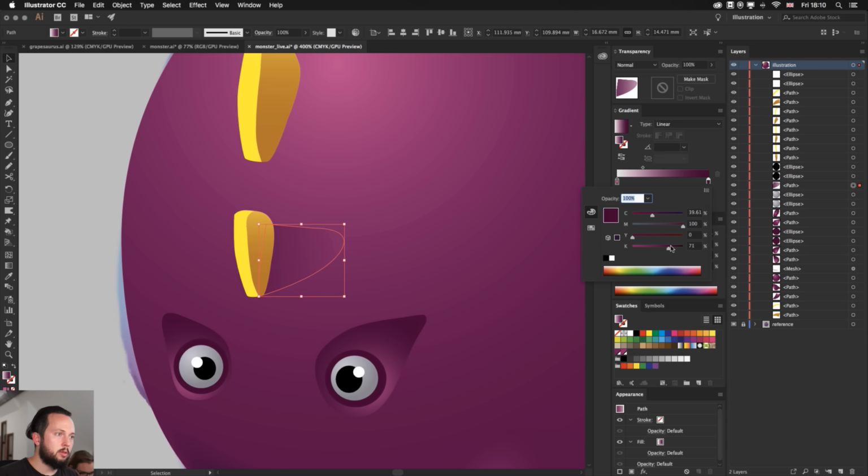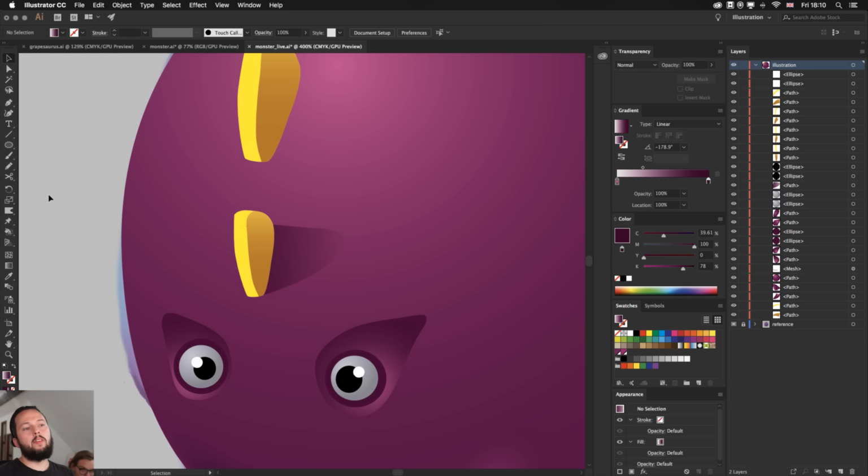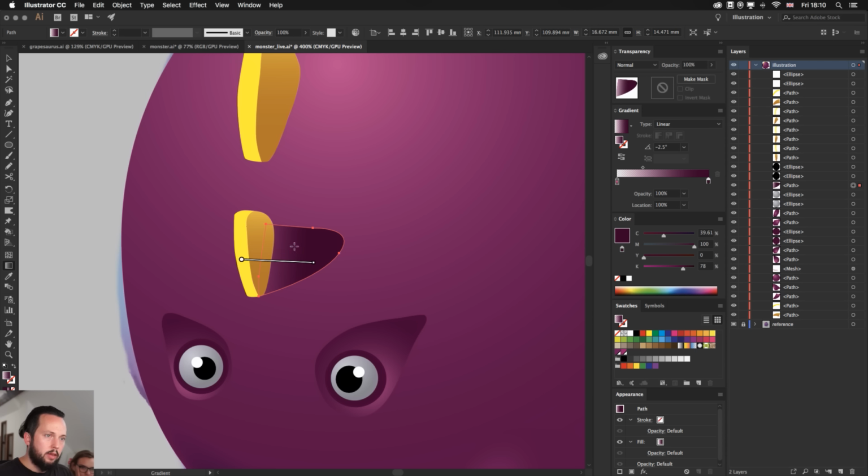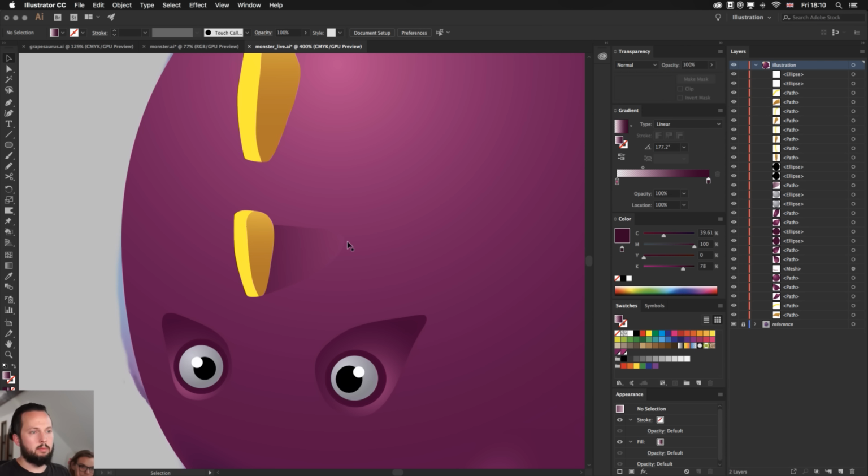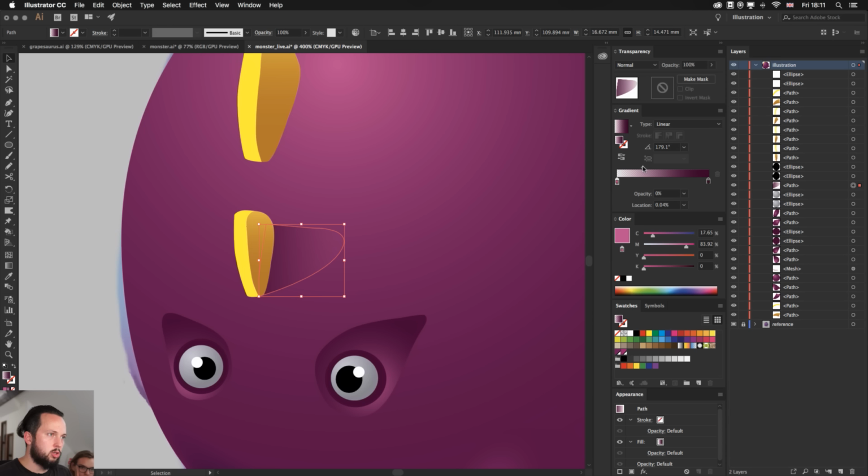Now this darker color I'm going to make even darker, and that way, as you can see already when I click away, we created this faded effect, but by using the gradient tool we can decide how much transition we want to see in here. So something nice and blurred like that looks quite good, I think. Maybe let's just drag it out a bit more, something like that. The only problem is that you don't want this detail to show, so maybe what I'm going to change here is, okay, something like that.